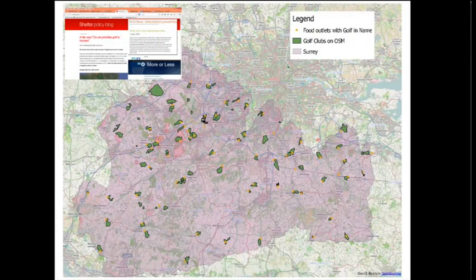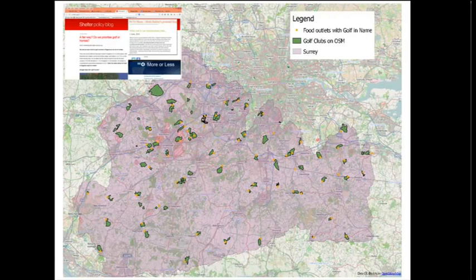I'll just mention, because this came up last week. Last week, the BBC had a program on the radio talking about using OpenStreetMap data to do an analysis comparing the area of Surrey covered by golf courses compared with the area of Surrey covered by houses. And they used OpenStreetMap data, and